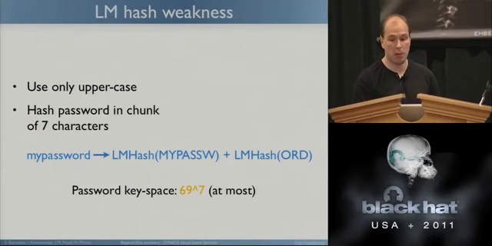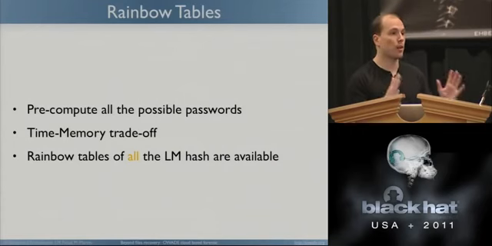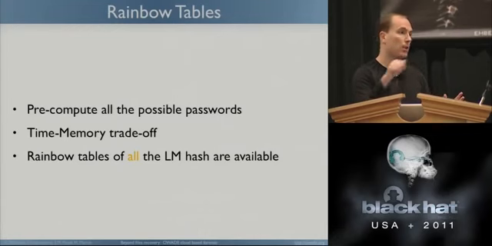And this is a rainbow table. Rainbow tables are basically a trade-off between memory and time. You pre-compute all the passwords, but instead of storing them directly on the disk, you store them with a little bit of computation. It's called a chain. The basic idea is it increases the speed of recovery of the password, but you still have to do some little computations, and it doesn't take a lot of space.